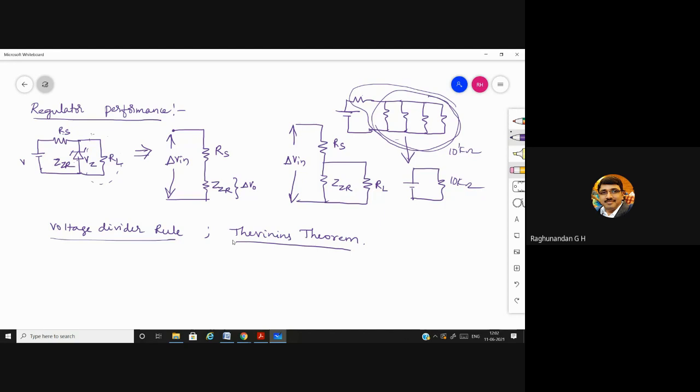I'll repeat it again. Thevenin's theorem states that a complex circuit can be reduced to its simplest form by finding out the effective values. So effective values in the sense the total effect what these five resistors are going to give, that effect can be given by a single resistance. So in order to replace that, what we need to do, we have to simplify the circuit by using parallel combination formula and all.